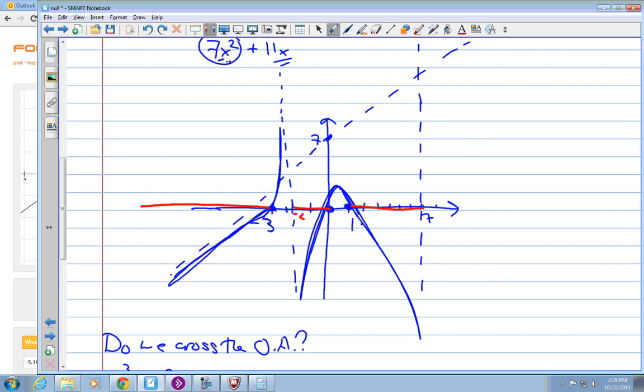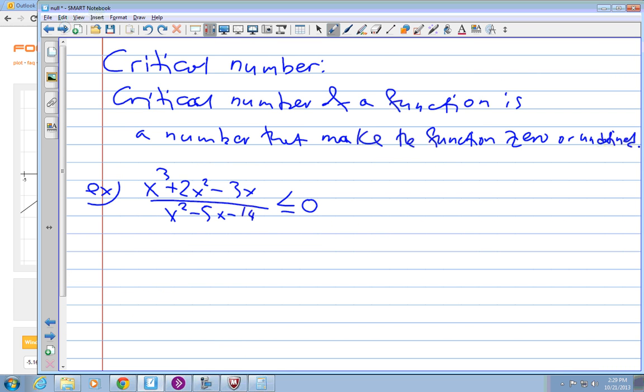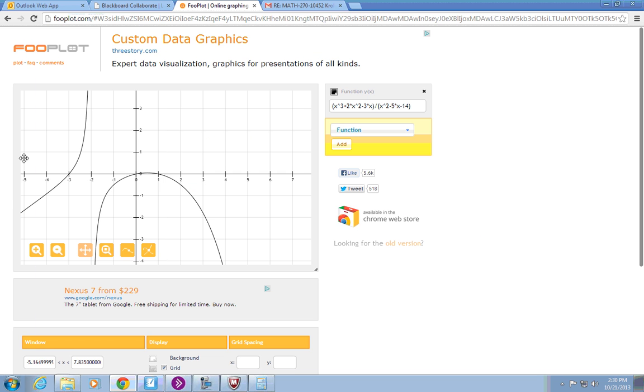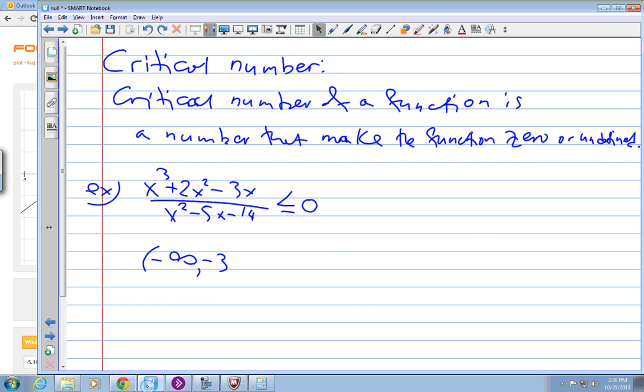So what are the intervals? Just looking at the graph, we went from negative infinity to negative 3. Negative 3 is an x-intercept, right? The function actually hits negative 3. So that's where the function equals 0, right? If I go back to the graph, that's the point where the function equals 0. So that should be in our solution, since our question is, when is this less than or equal to 0? So we're going to include negative 3. It's part of the solution, makes everything 0. Union,